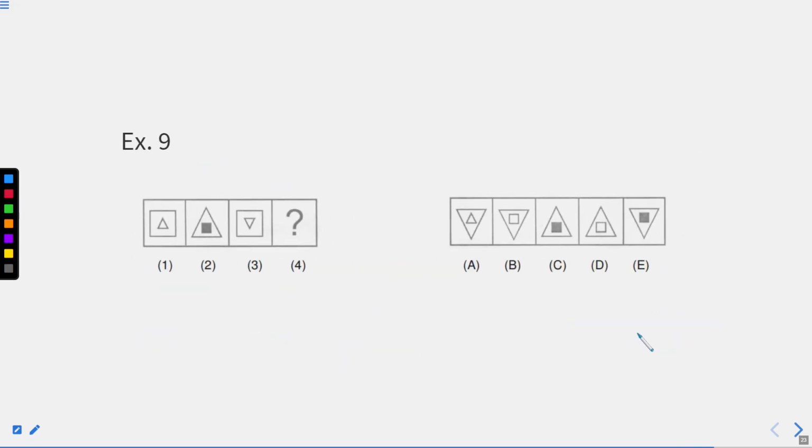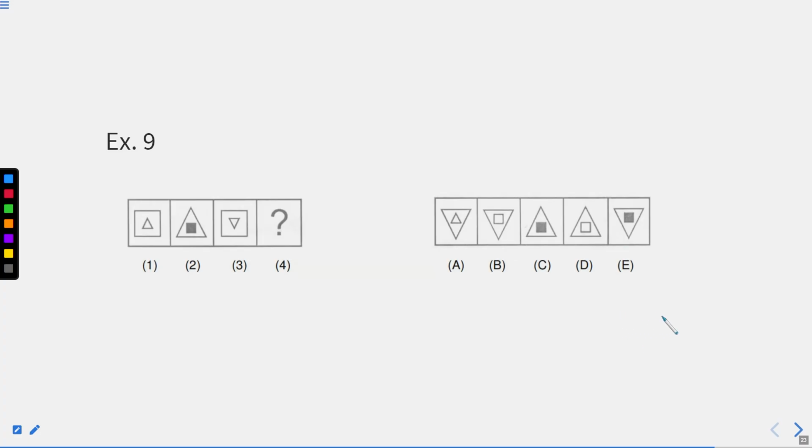Everyone. Now, your question number 9, what does it say? It says that A is related to B, similarly, third is related to fourth. It means the first is related to the second, and in the similar manner, the third is related to the fourth, right? So, how is the first related to the second? The inner figure, that is the triangle, becomes the outer figure. This outer figure will become the smaller figure inside, with the shaded part.